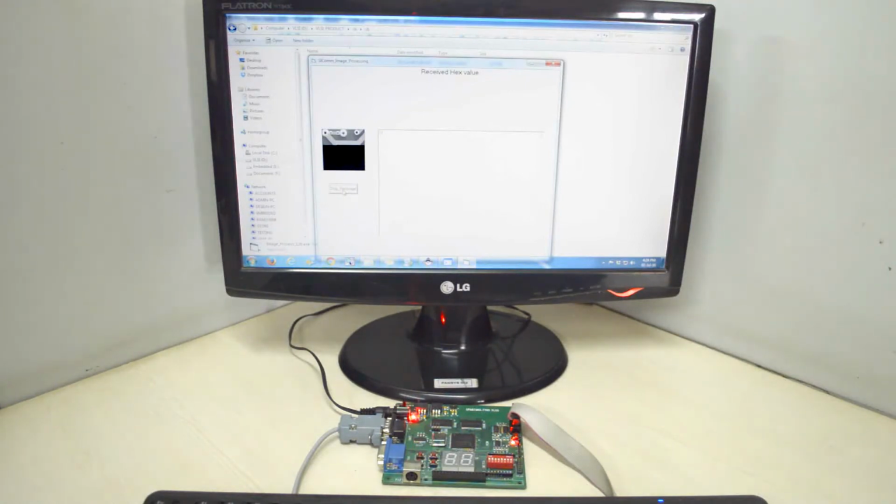After receiving image 1, the actual PCB image, we will receive the faulty PCB input.